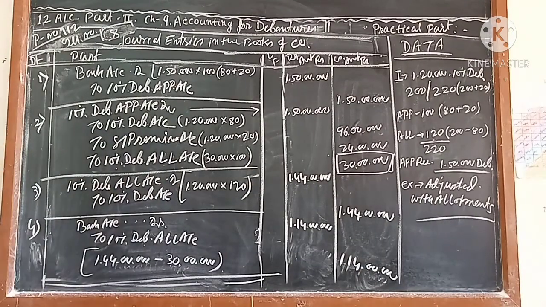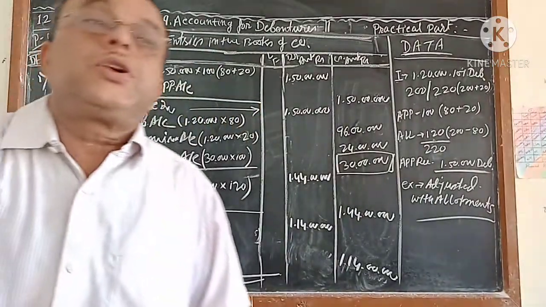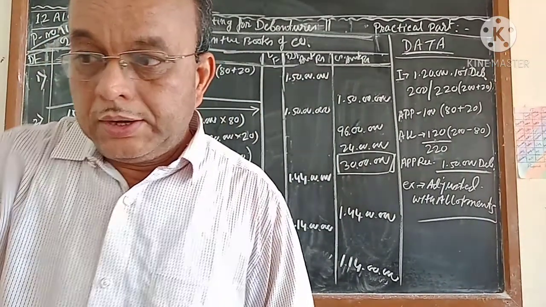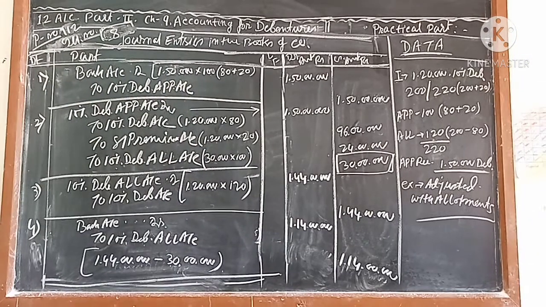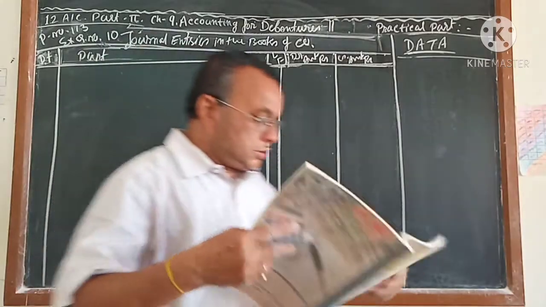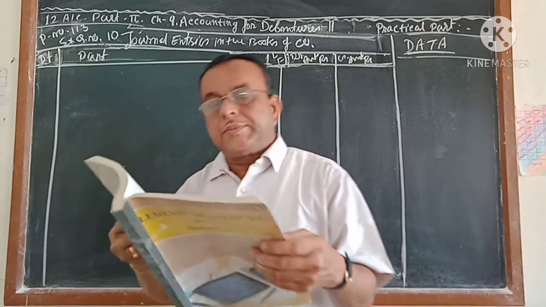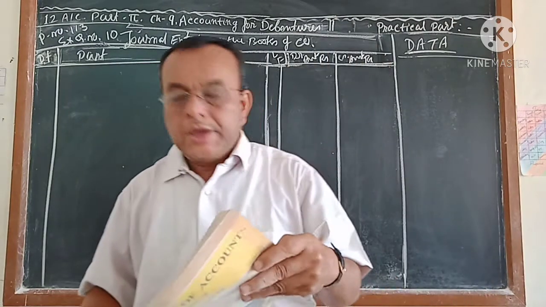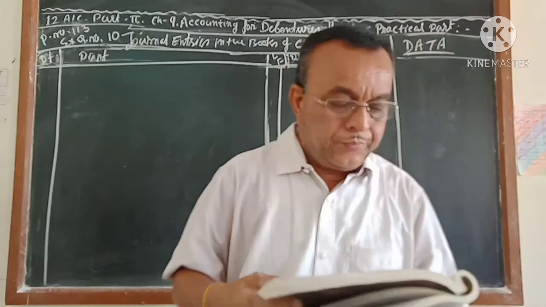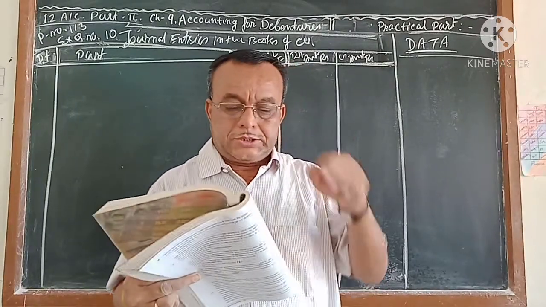If you do not understand this, you tell me. Once again, if before watching this video you read the question twice, then only it will be easy for you to understand. Otherwise, if you are not able to understand the data, you will feel it is difficult to follow the questions. Just now I completed exercise question number 8. Before that 4, 5, 6 I have done, 7 I kept as homework for you. 8 I have done, 9 I kept as homework for you, and the difficult type of sums I am doing, the remaining you will practice.